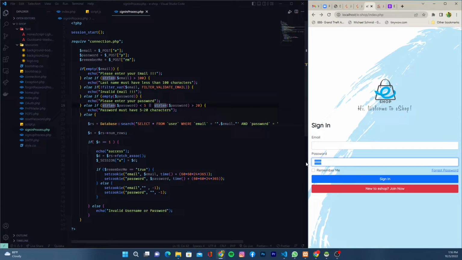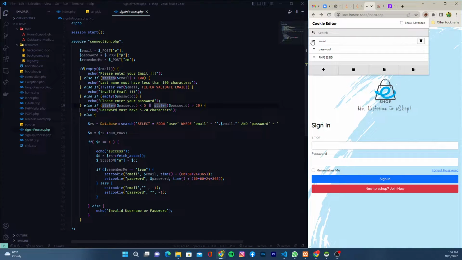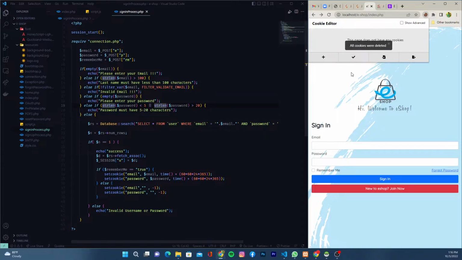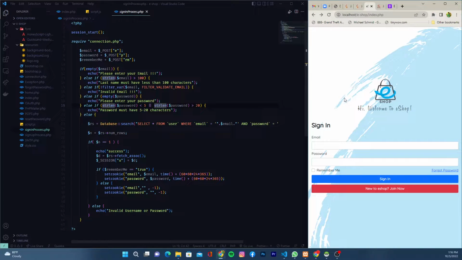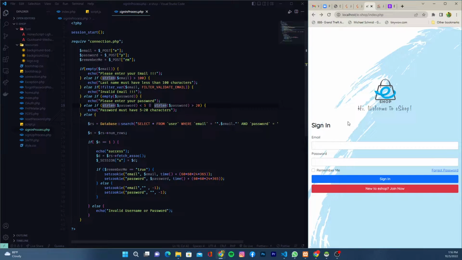So if I remove this thing like that, and I go to this extension called Cookie Editor, you can see my cookies here, and then I will delete everything. Okay, now if I refresh the page and go to my sign in page again, you can see it's nothing there. So if I type something new, let's see,